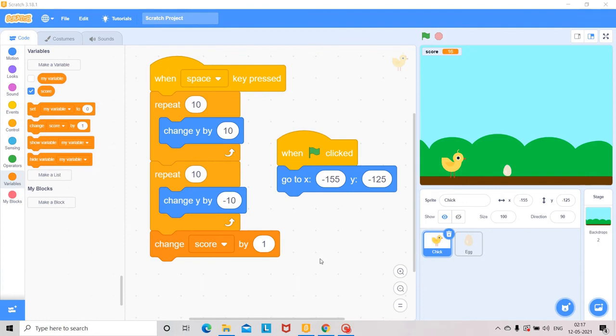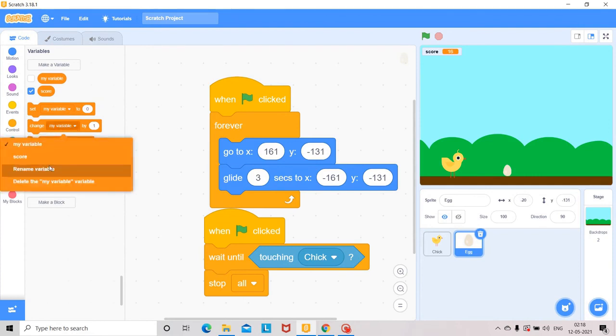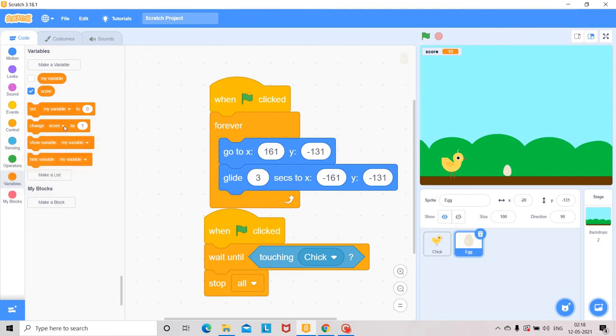When you know the successful jumping of the chick over the egg, when the egg glides past the chick, you give this block, not here, you give this block to the egg. So you can remove it from here, select the egg, and add this block, change variable, that is score by 1, to the egg.